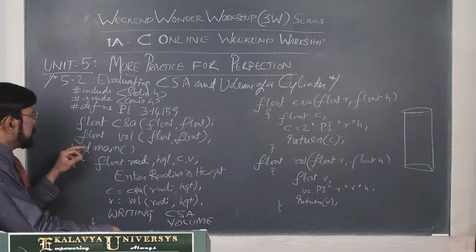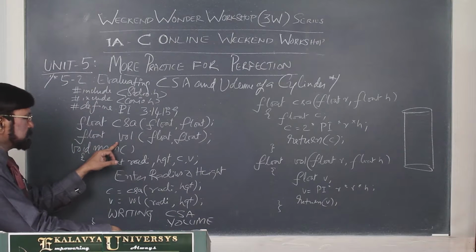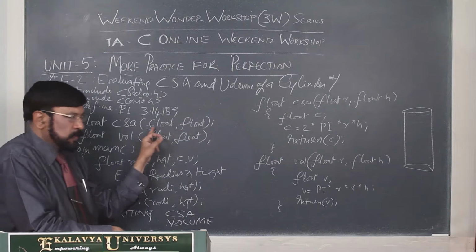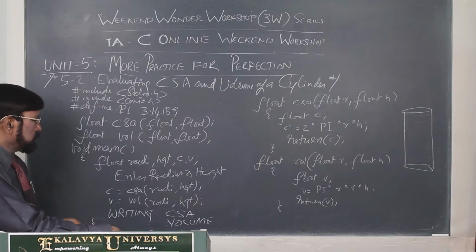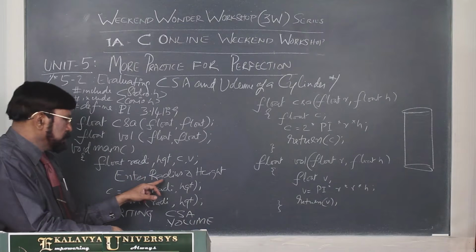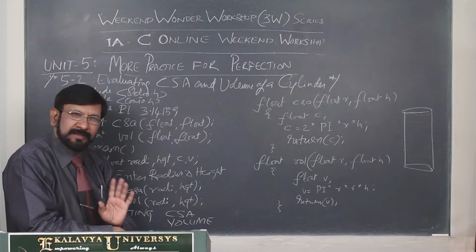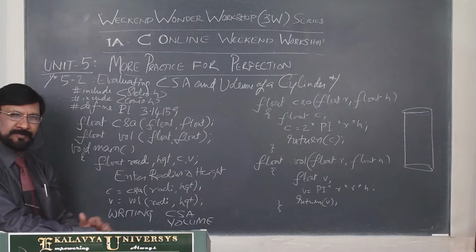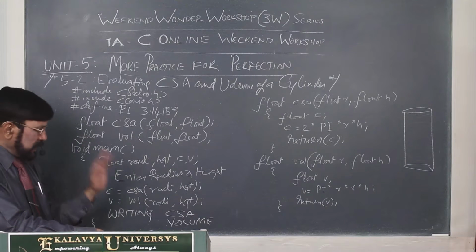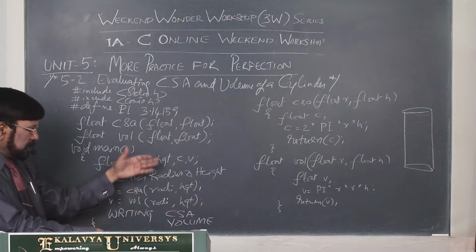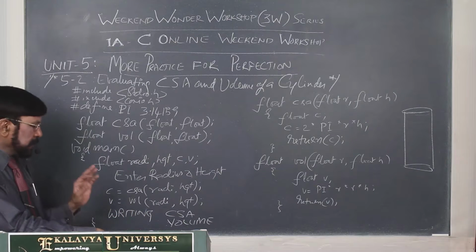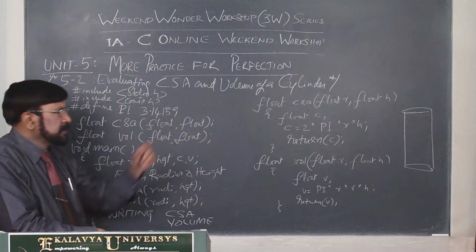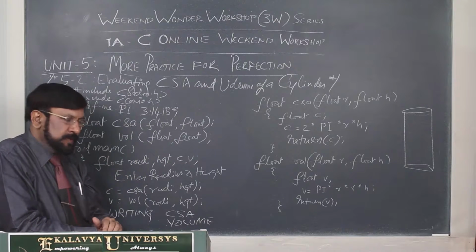Okay, thereafter function prototypes I have declared. You are giving floating point values, that's why the return type is also float. Thereafter you enter radius and height. The corresponding code, scanf statements and all that, I am not writing, you are well aware of that. Even output statements I am not writing. Those crucial statements in the functions only I am writing.